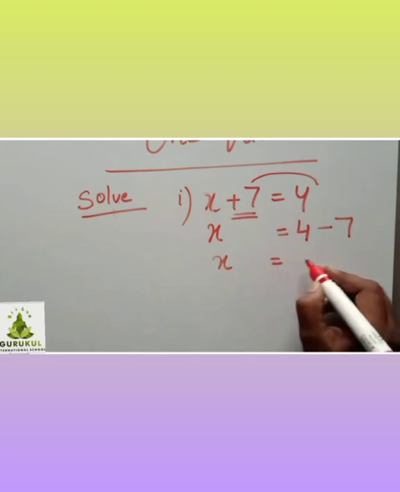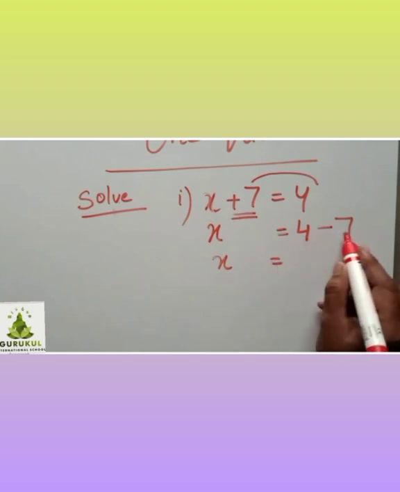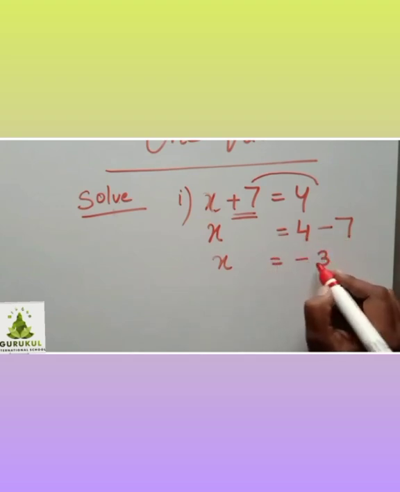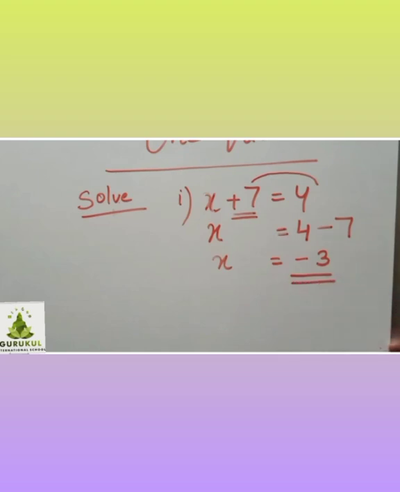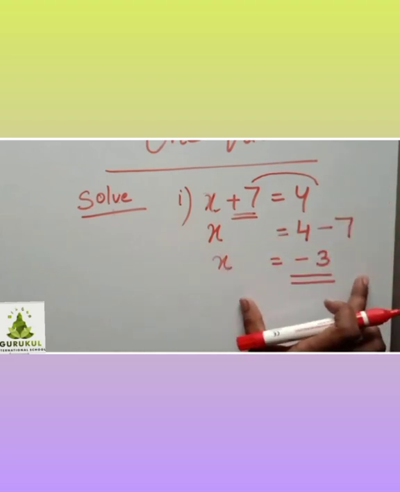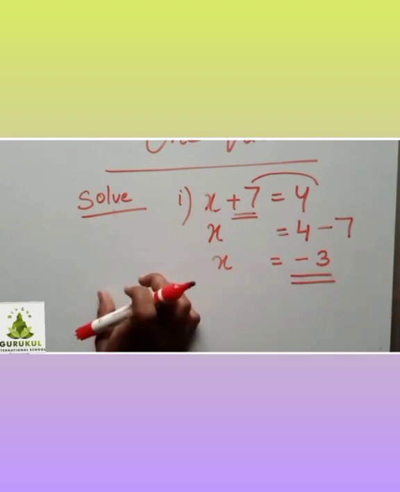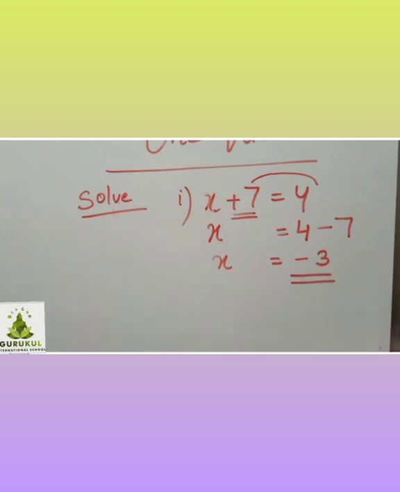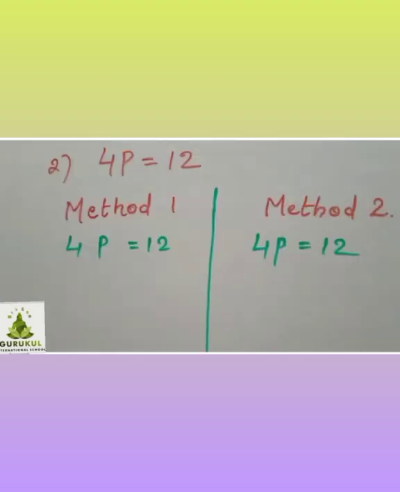And so you get the same answer again. So 4 minus 7 is minus 3. You can do it by both the methods side by side. You write here method 1 and do the first way I explained to you. On the other side you write method 2 and do this on the right side. The first one which I explained goes on the left side of your notebook. All the examples we will do by both the methods now.